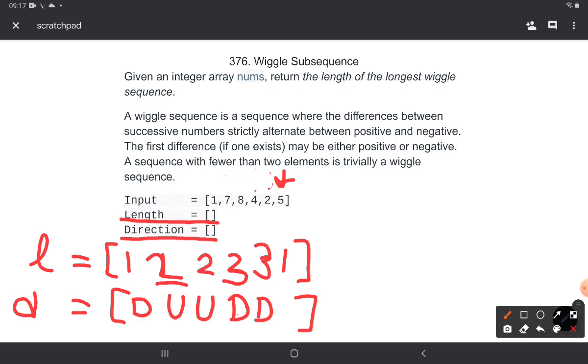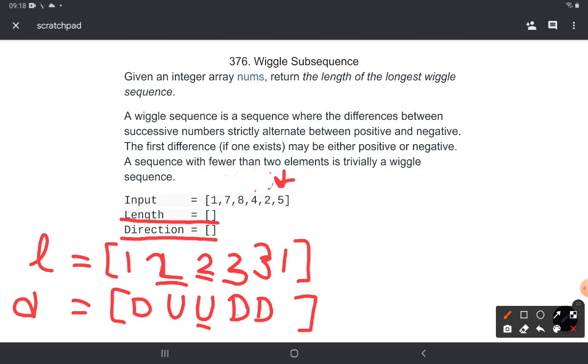Let's see if we can find even better. Coming on to 8, at 8 we have a wiggle subsequence of length 2, and the direction is upwards, and 5 is down, so this could give me a wiggle subsequence of length 3, 1 8 5. Still moving forward, let's check if we can do better.